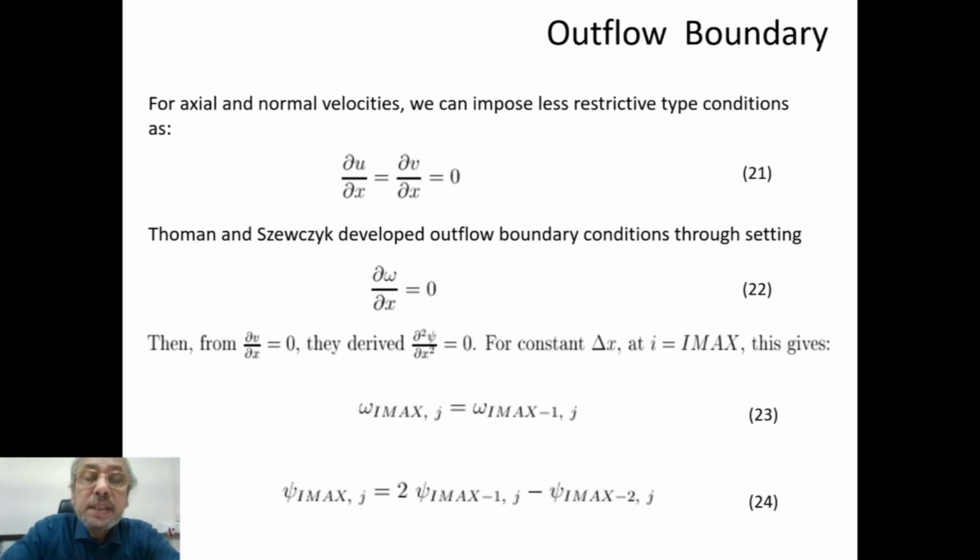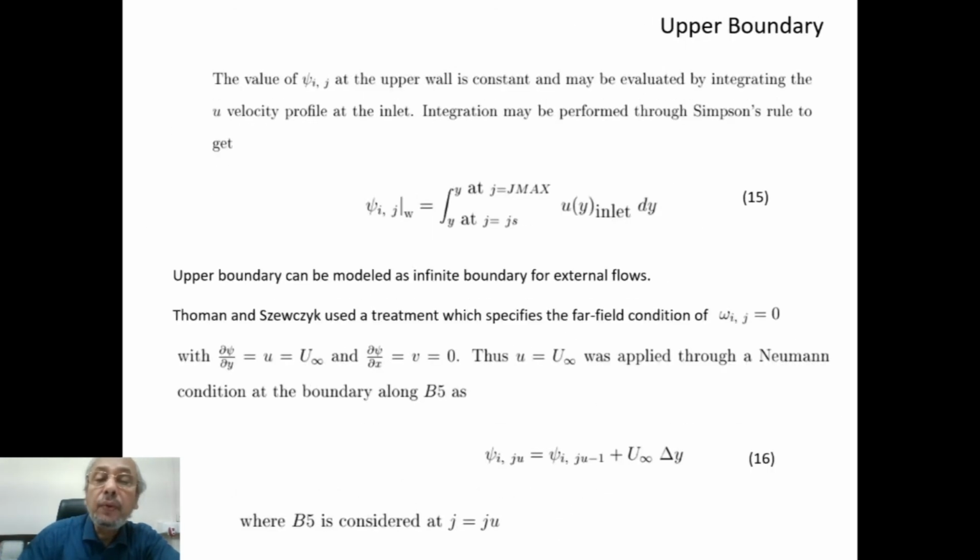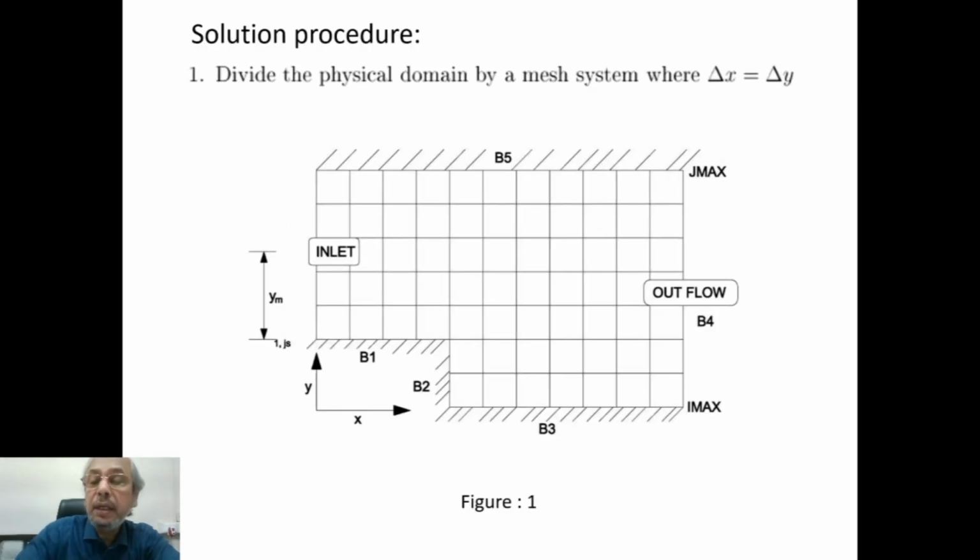Now, last set of boundary conditions. This is given by, again we have to ensure that the flow should leave the domain without getting disturbed. That means if we can set something like del u del x equal to 0, del v del x equal to 0, del psi del x equal to 0, del omega del x equal to 0, we are giving minimum disturbance because it's an elliptic equation.